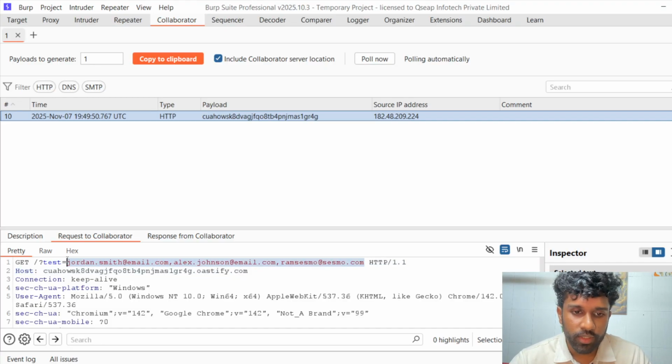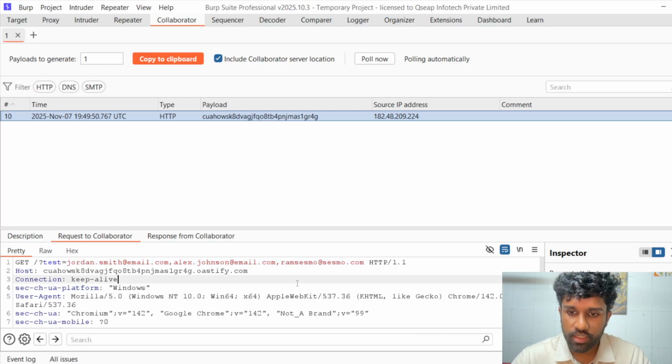So when that payload, when that image was trying to load, the onerror attribute kicked in, and that fetch actually got all the emails from the web page from that prompt, and it returned us all the emails here. So it came as a request to us. So yeah, that is XSS in action. Now,